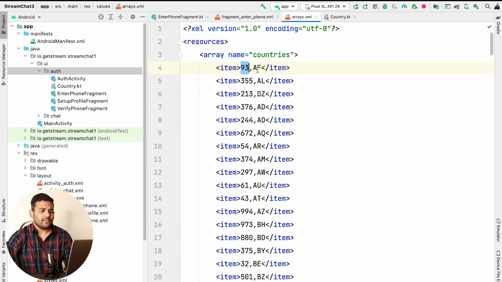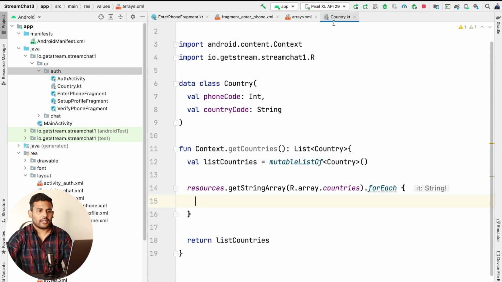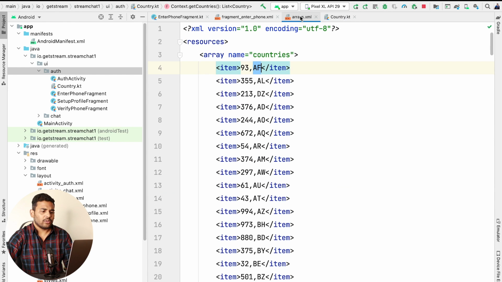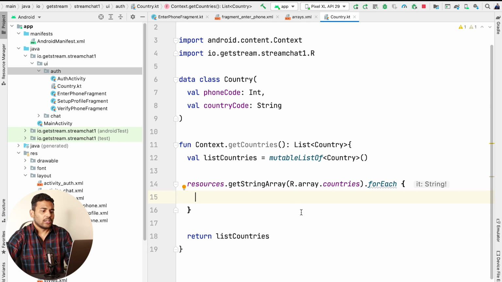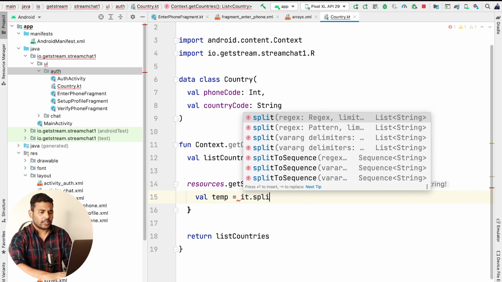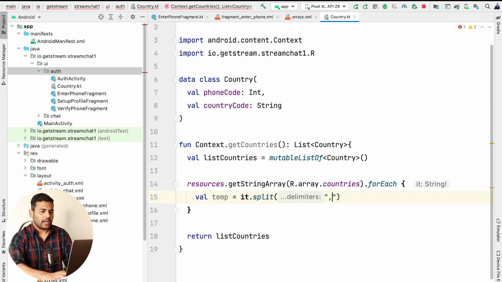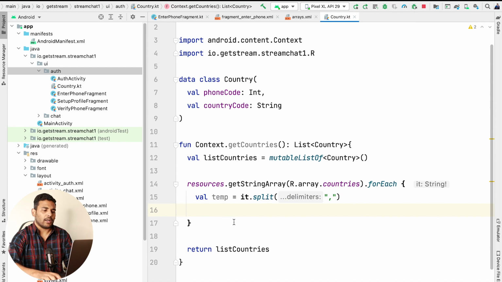Now in each item we have phone code and the country code. So I will split the country string with the help of this comma because it is a comma separated value. So let's do it. I will write, let's say, temp equals to it dot split, and I will split it by comma.